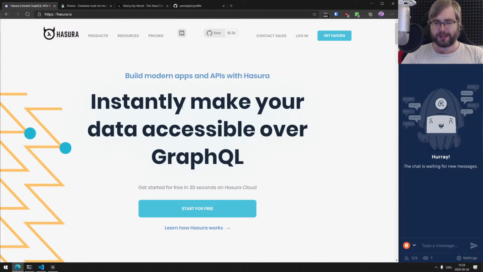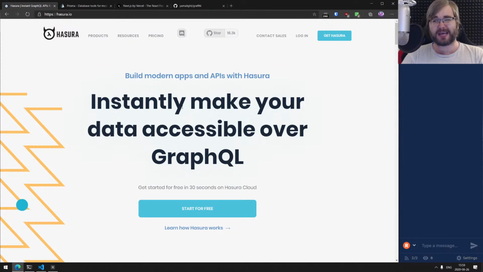So while it was extremely hot here and there were no streams, I was actually thinking about the whole Hasura backend thing and all the previous streams where I did some front ends. And now essentially I've spent a lot of time doing things that could have been turned into a